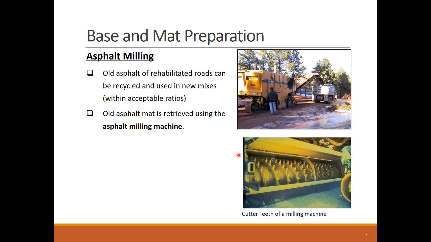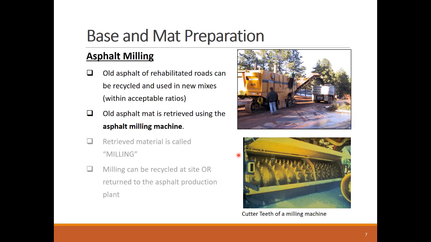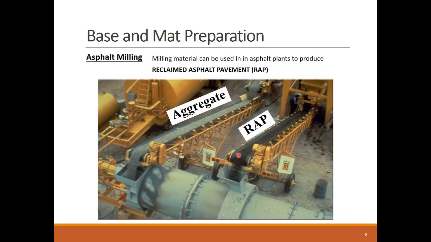Asphalt milling machines are used to retrieve old asphalt, which can be recycled by hauling it to the asphalt production plant or recycling it right away on site. The retrieved asphalt from the milling machine becomes the possible recycled material for what's called the reclaimed asphalt pavement, RAP. The pavement design standards allow for using RAP materials to construct new pavements. But RAP material is limited to be around 25 to 30% of the hot mixed asphalt,